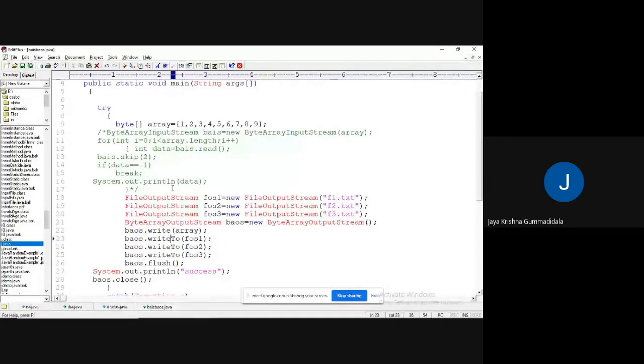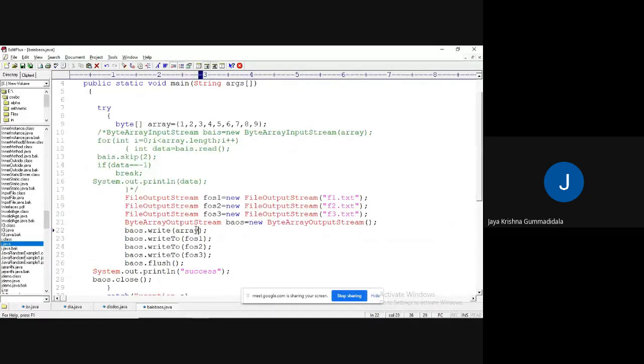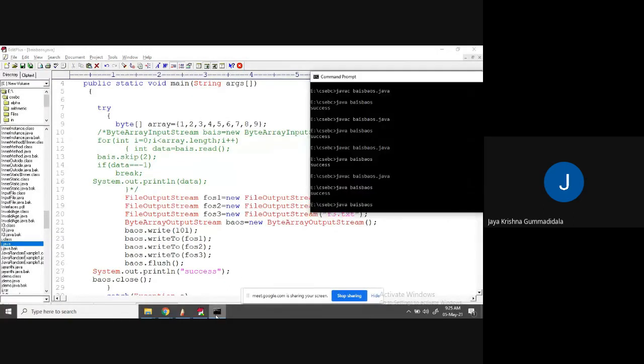Okay, fine. I hope you understood the functionality clearly, which I would like to show once again. Observe, this is fine, 101 I think. So I would like to write the character corresponding to ASCII value 101 in all the files F1, F2, F3. If I execute,